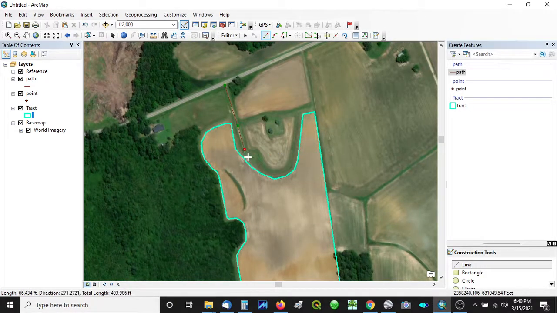Now you'll notice when I get close to another feature, the mouse wants to snap to it. It says track edge here, track vertex. So we don't want to snap to it. So when we get in a situation like this where it's trying to snap to something that we don't want,